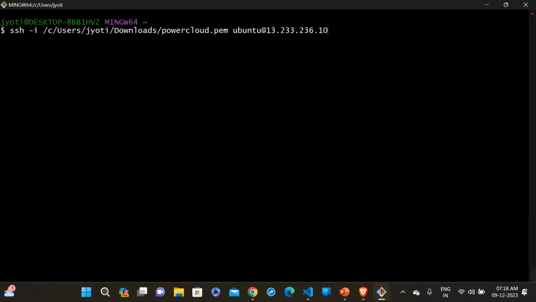Okay, I'm in Git Bash. Just type the username, right? I'm using the Amazon Linux machine, so its user ID by default is ec2-user, at the public IP. So you get this, ssh -i, and my